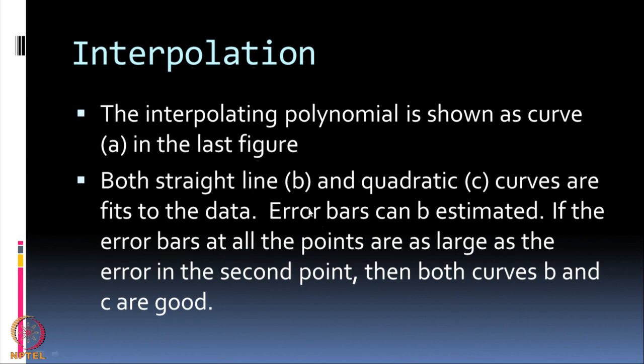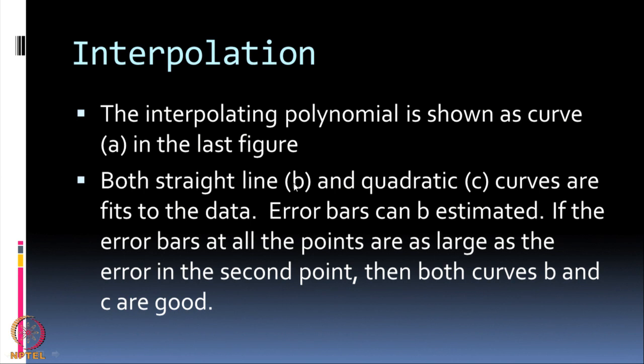Okay. So, now let us review what we did. An interpolating polynomial was shown in the last figure. Since there are 4 points, through 4 points you can draw a cubic polynomial. Through 2 points you can draw a unique line. Through 3 points I can draw a unique quadratic function. Through 4 points, that is a cubic polynomial, which was shown as the red fit in the last slide.